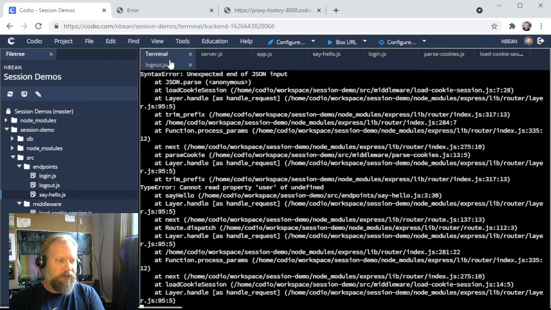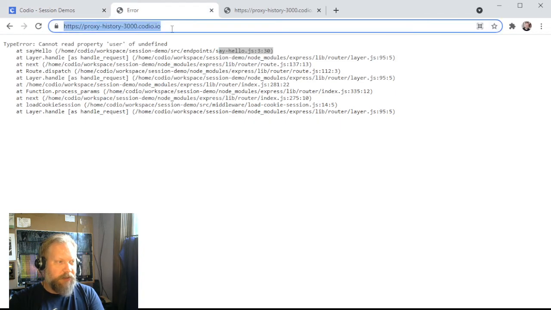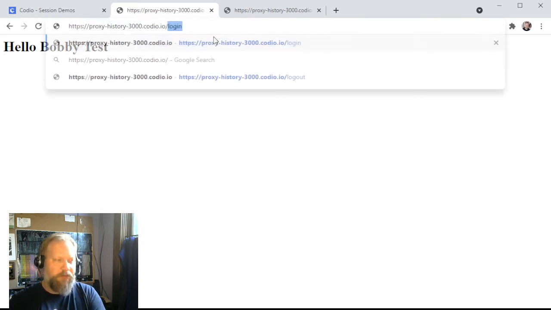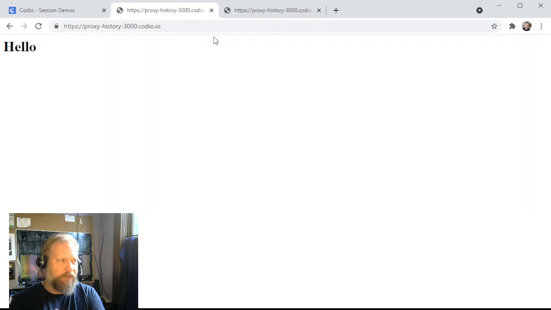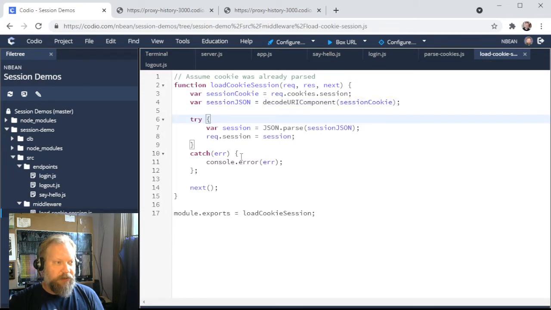All right, now that we've done that, we should be able to show our main page. Hello, notice it doesn't have a name. If we go ahead and follow our login route, that creates our session. Now we're logged in, and if we log back out, we're logged back out. So this basically shows you a couple different things about working with those cookie sessions,